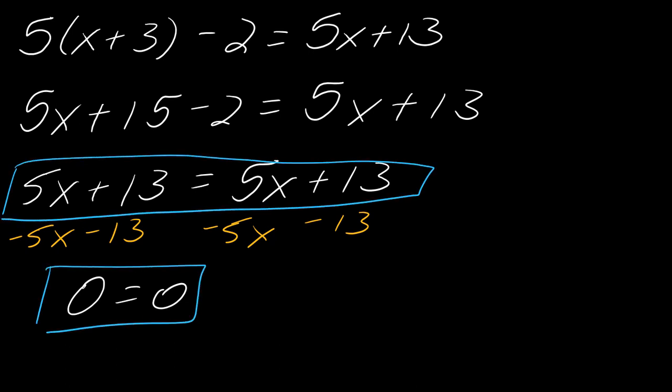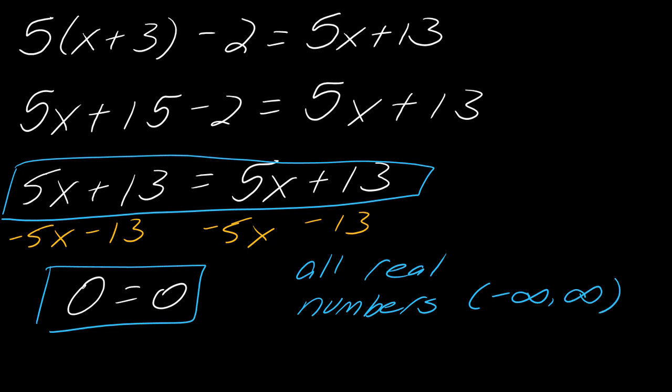This and this literally mean the same thing. So when both sides are equal, how do we interpret that result? That result means all real numbers are solutions, which sometimes gets represented as negative infinity to infinity. So this is just a little bit of a review, and this is a thing that could always happen, and so it happened here. So all real numbers are solutions,